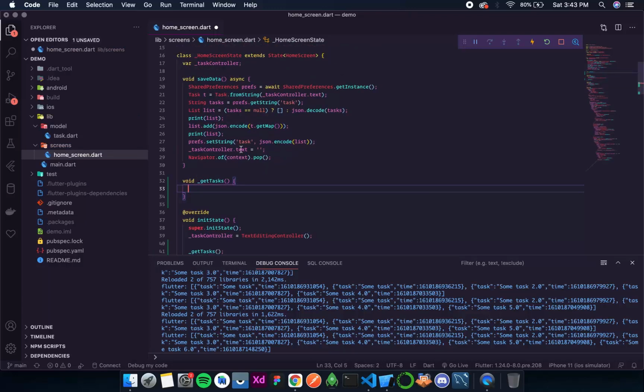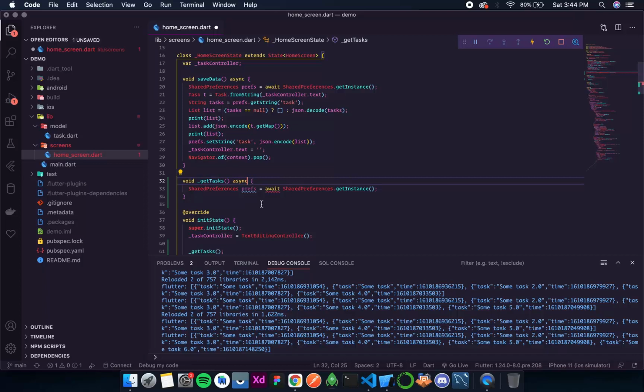Again I'll call shared preferences, make it async, then I'll get all the tasks over here.